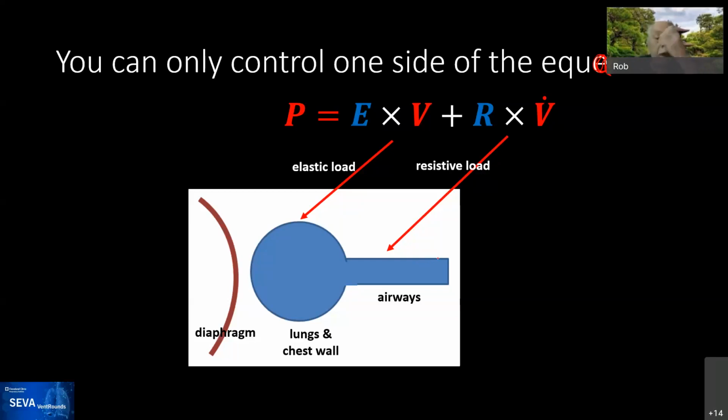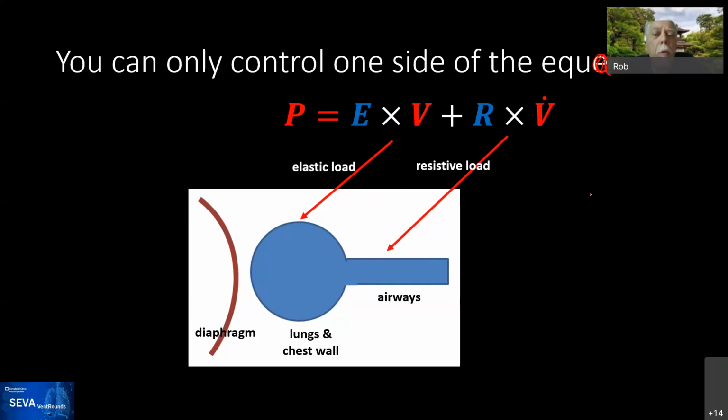So this wraps us up just to say that the equation says that pressure, volume, and flow are continuous variables of time. They change constantly with time. And the parameters of elastance that we see in blue here and resistance are constants. They don't change. These are mechanical properties of the respiratory system. And essentially what we're saying then is that